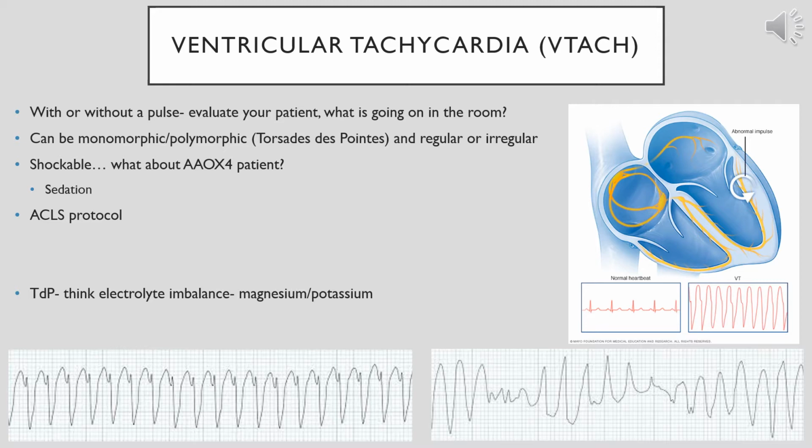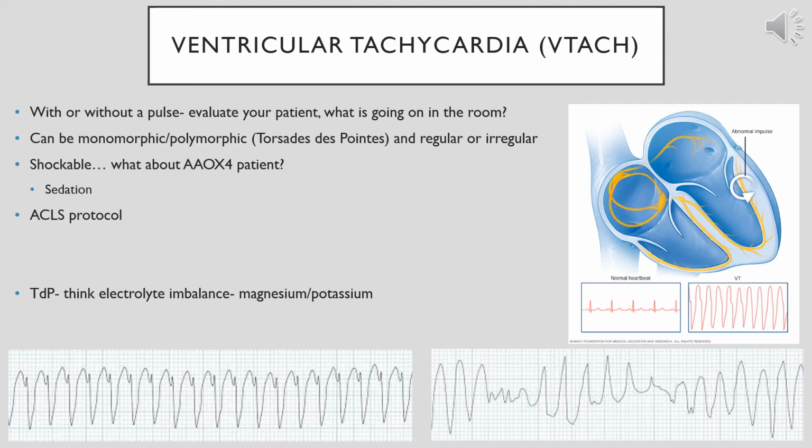You see that all of the complexes look pretty much the same. They're all coming from the same origin, and you can see how it's all pretty consistent. Whereas you can have polymorphic. This is more of a torsade de pointe type distribution here, where it has that echoing, smaller, bigger waves. Torsade de pointe